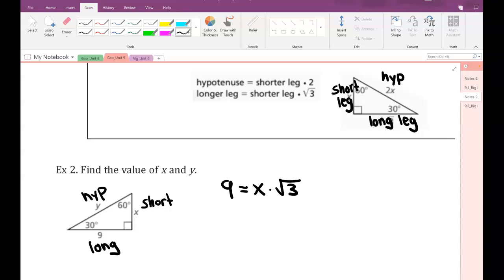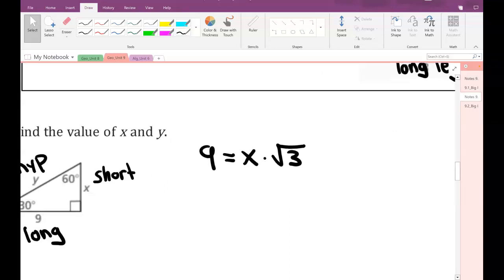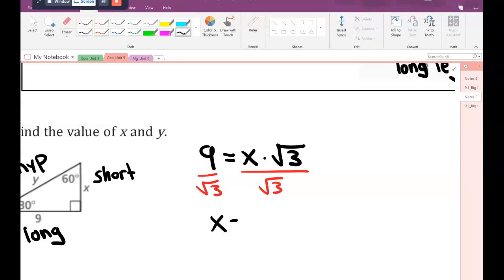All right, so then we have to go through solving for X. We have to divide by the square root of 3 on both sides, because that is going to leave us with just X. So we're left with X is equal to 9 divided by the square root of 3. Got ahead of myself. And before we do this,